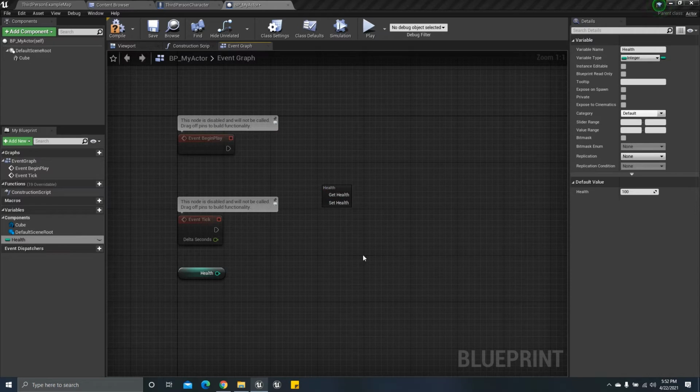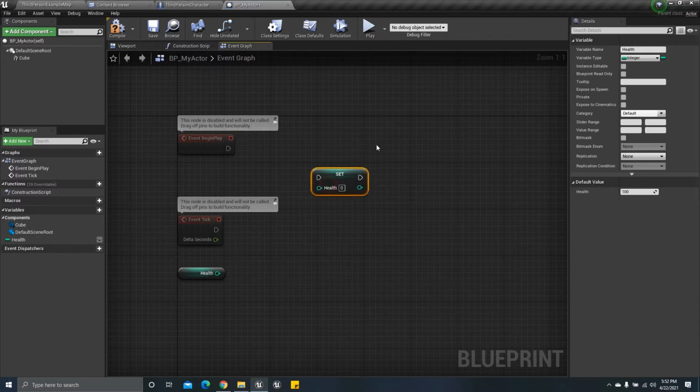In programming, we have these two things, getter and setter. If we choose get health, it will only read the variable. It won't change it, or we can't write to it. And the opposite for set.